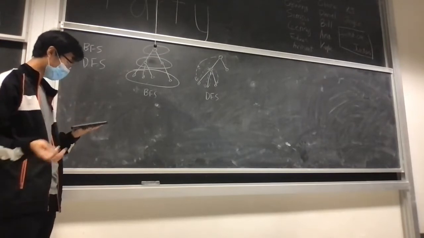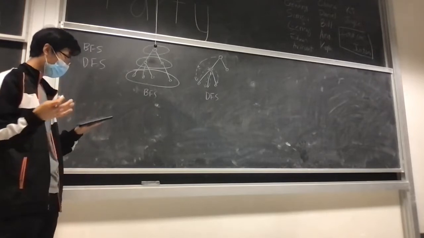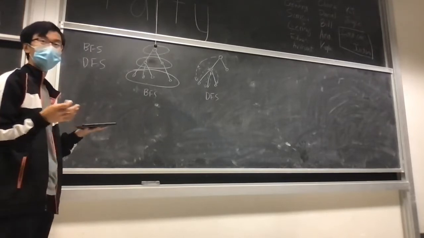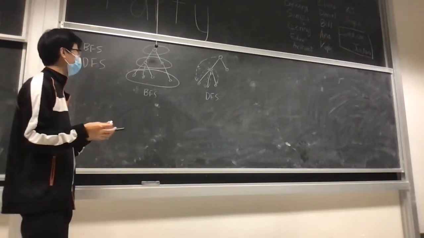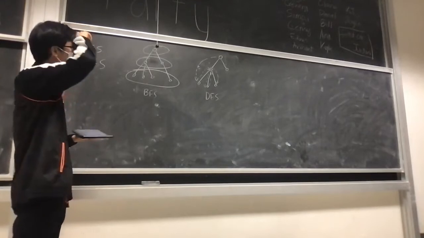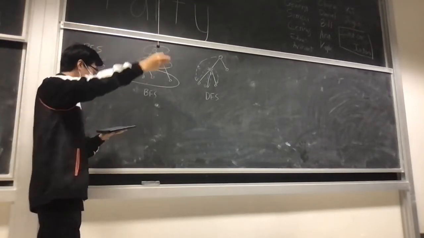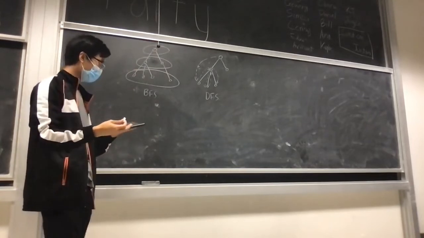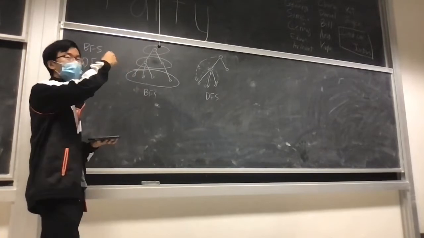16 is pseudocode for BFS, and 17 is pseudocode for DFS. So just to briefly explain both of them, the pseudocode for BFS, we implement that with a queue. First we push in the starting state. A state in this case is just a node. So we push in the root, and then in every iteration, while the queue is not empty, we take the front of the queue, so that's the top of the queue,